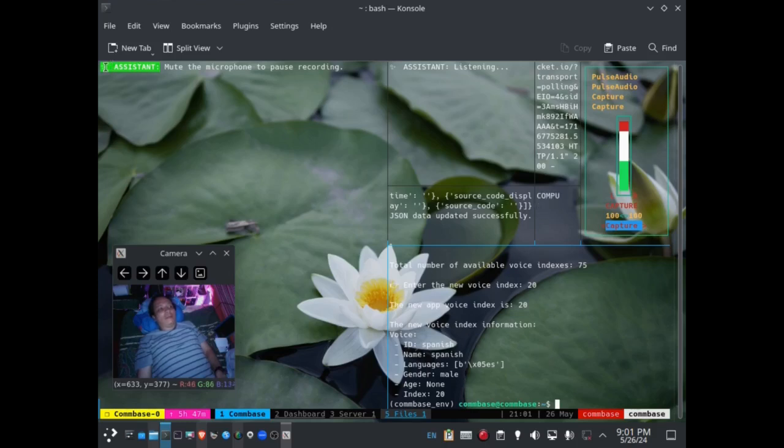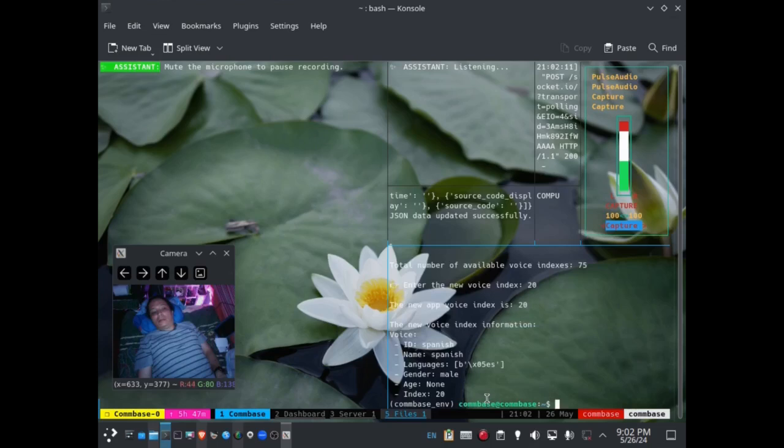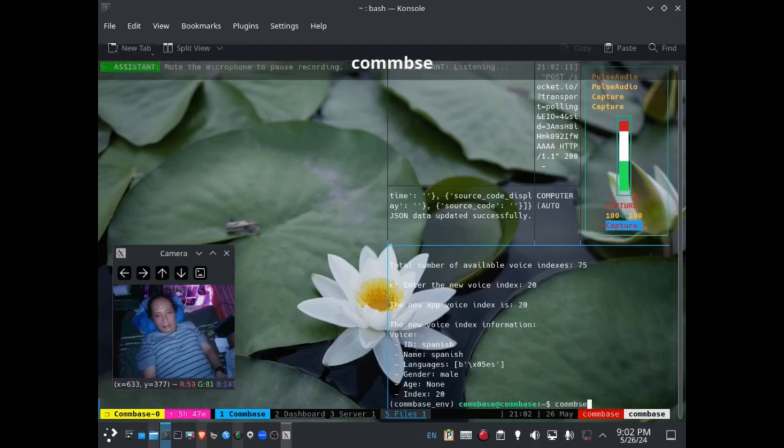So now, instead of the assistant saying mute the microphone to pause recording, it is going to translate the message to Spanish based on internationalization, right? So let me see, I'm going to turn this up and just restart Conbase, stop it.